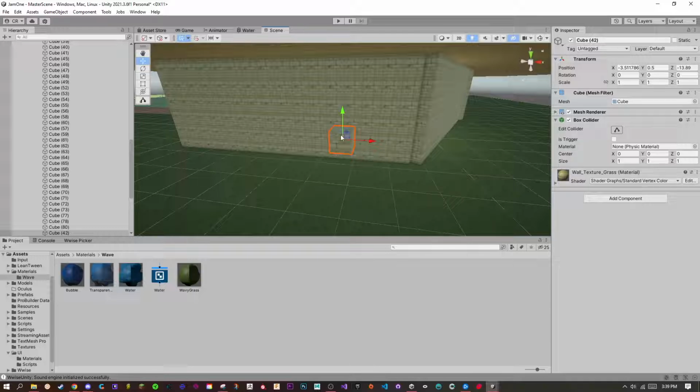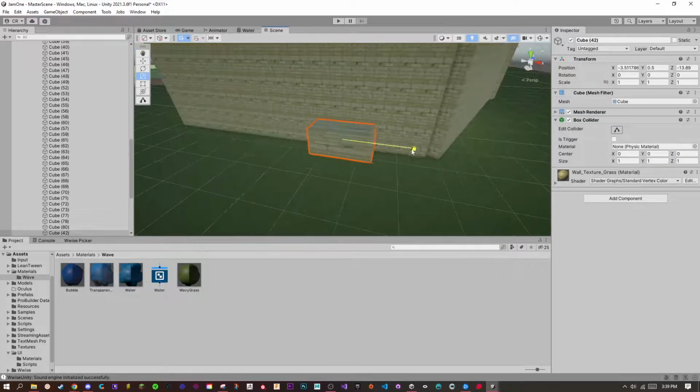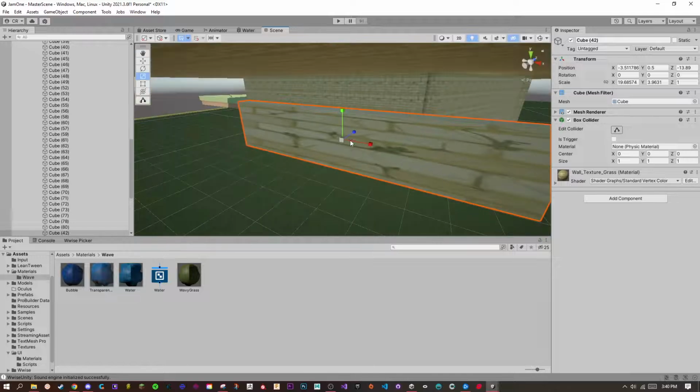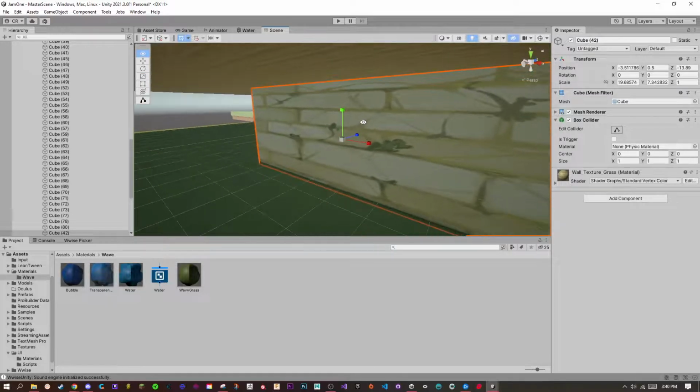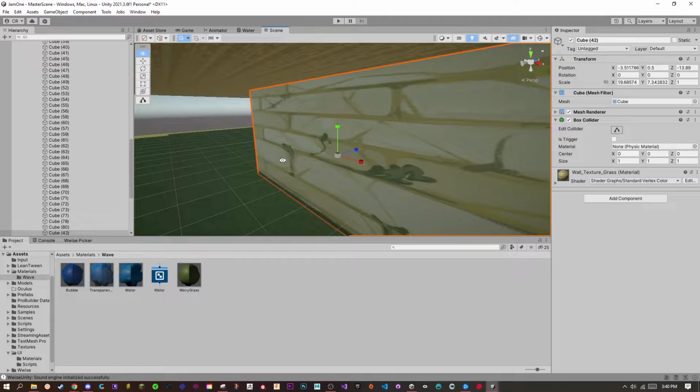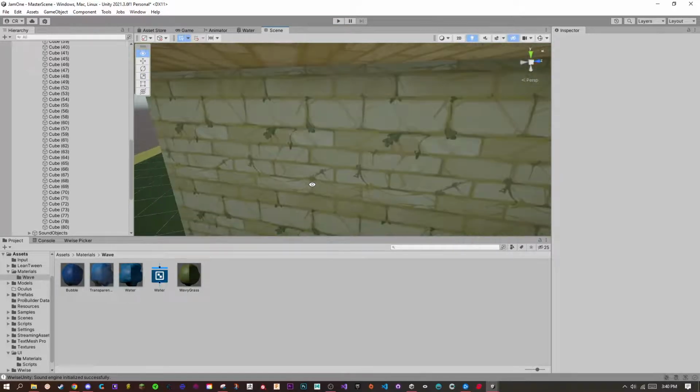So W is for move, E is for rotate, and R is for scale. And they'll scale it up like this. And you can see an issue that's cropping up immediately, right? There's ways around this, but this is one of the issues they had, and their instinct was to, we